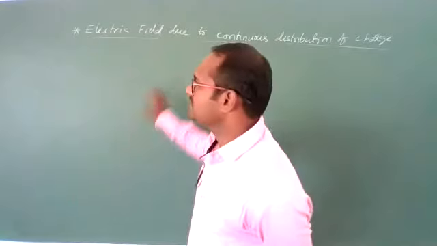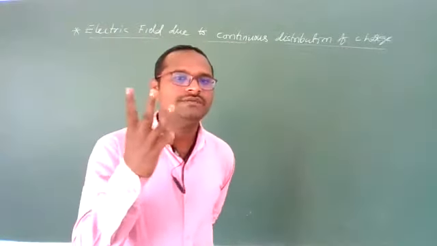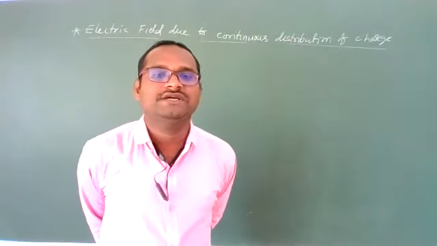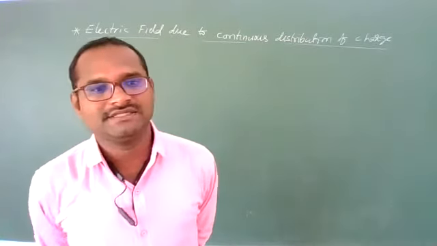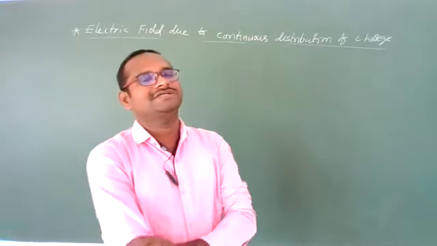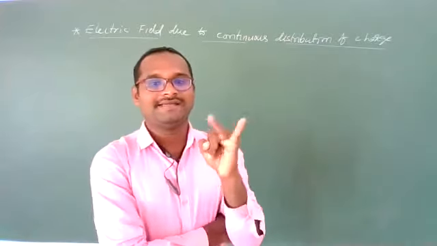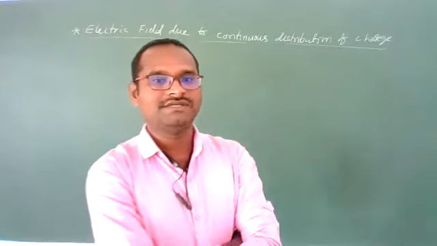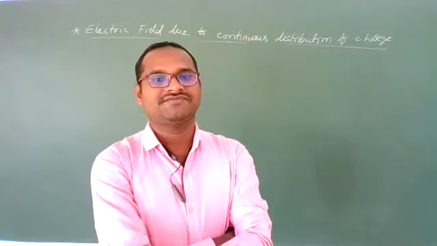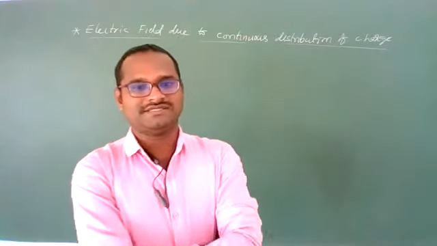So for discussing these points, first we should learn three important definitions. See, these types of definitions we have already discussed in 11th class, in system of particles and rotatory motion, when we were discussing center of mass and moment of inertia. That is lambda, sigma, rho. Do you remember? Lambda means linear mass density, sigma means surface mass density, and rho is volume mass density.